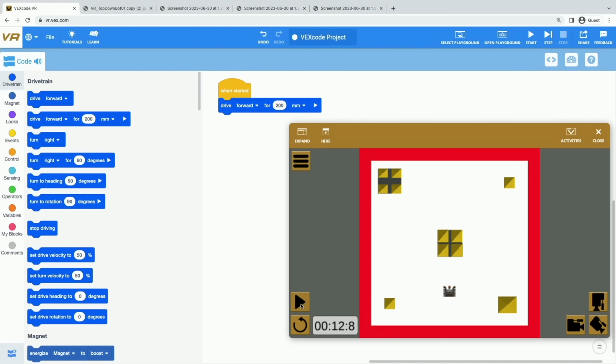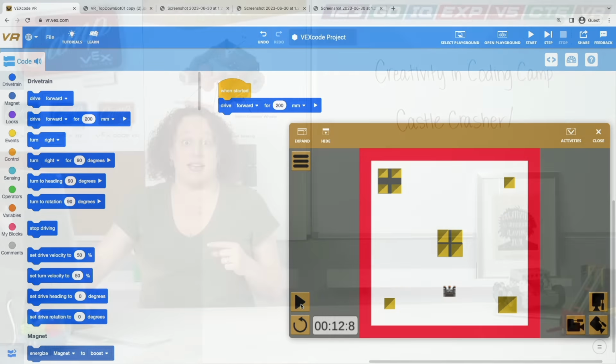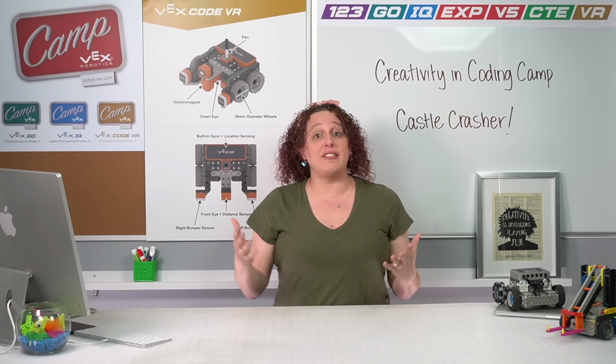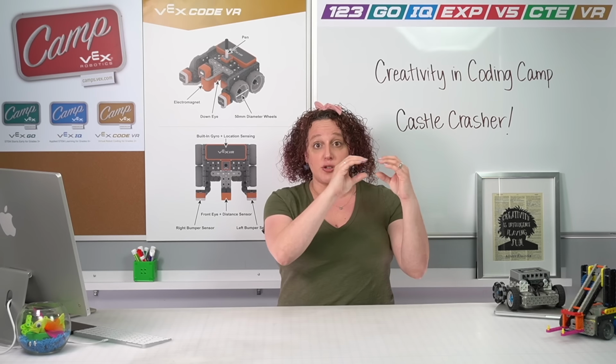And before we do anything else, let's talk a little bit about what we just did. So what we just did was amazing. You just built your very first project in VEX Code VR. So let's talk a little bit about how we control that VR robot. In order to code any robot to do anything, we have to use something called a programming language. And a programming language is simply a set of rules where symbols represent actions. So in this case, the symbol of that block, that was the drive for block, represented the action of driving our robot forward. Now that action that the robot does is called a robot behavior.